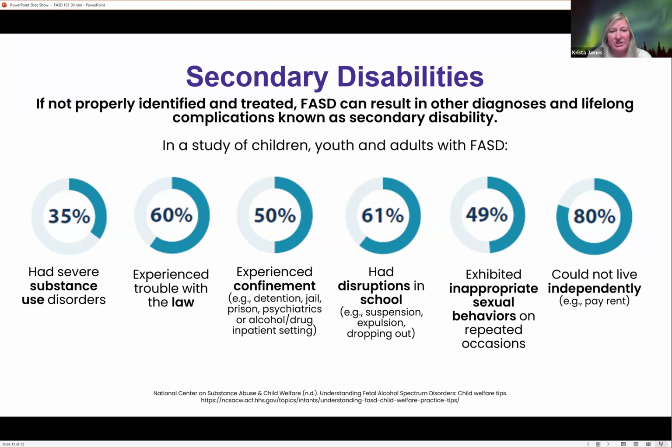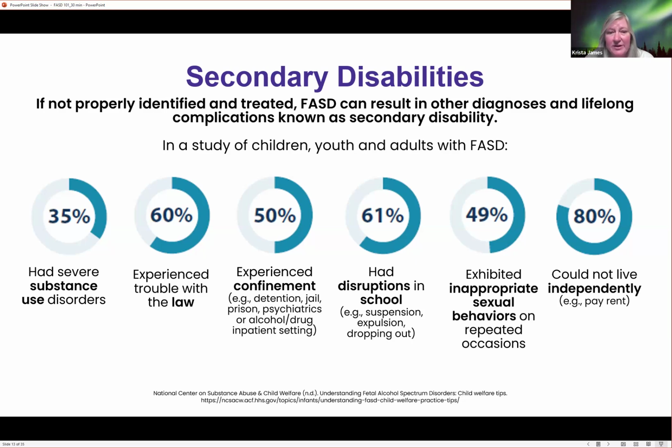These can be really challenging for individuals and for the families. And so early diagnosis is really important so that we can get appropriate interventions that can reduce these secondary disabilities. Some examples would be mental health disorders, challenges in school, trouble with the law, unsafe sexual behavior, drug and alcohol addiction. We know that the statistics are telling us that 35% of individuals with FASD had severe